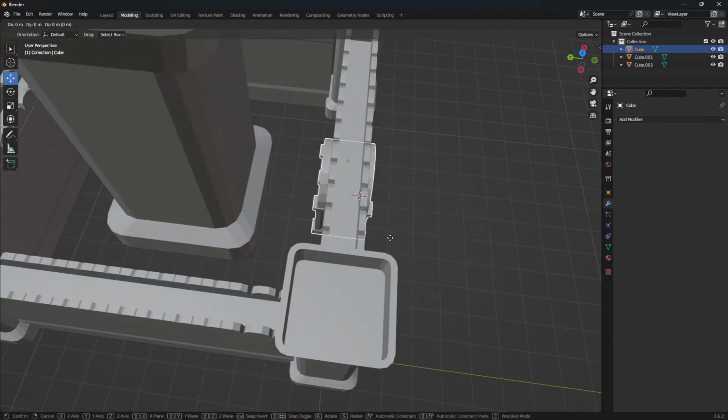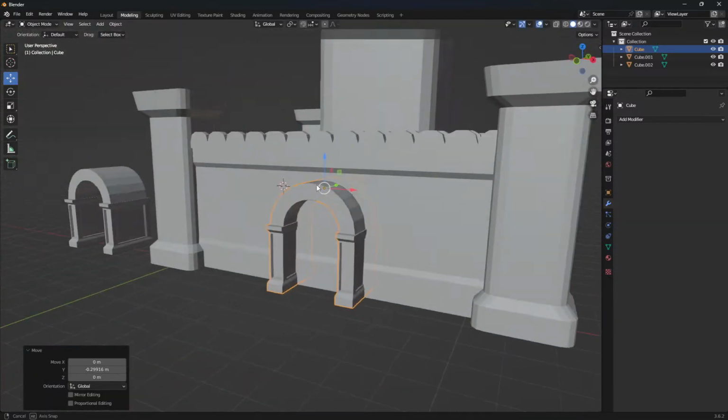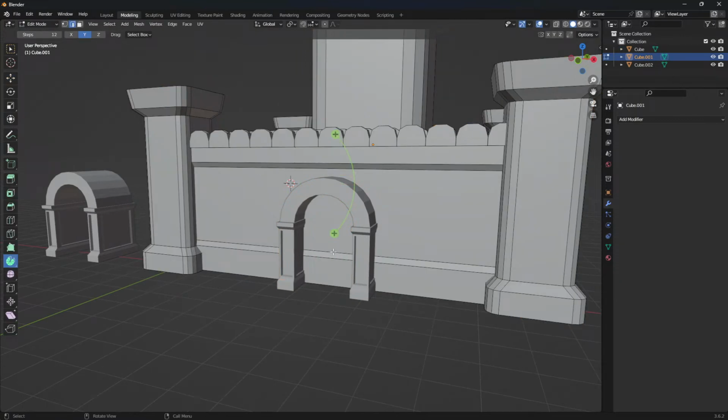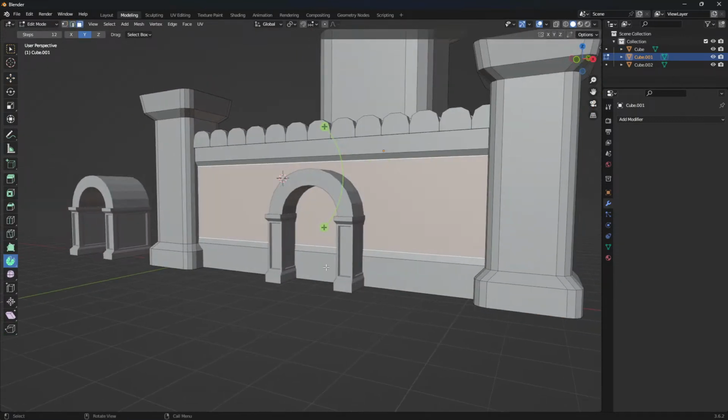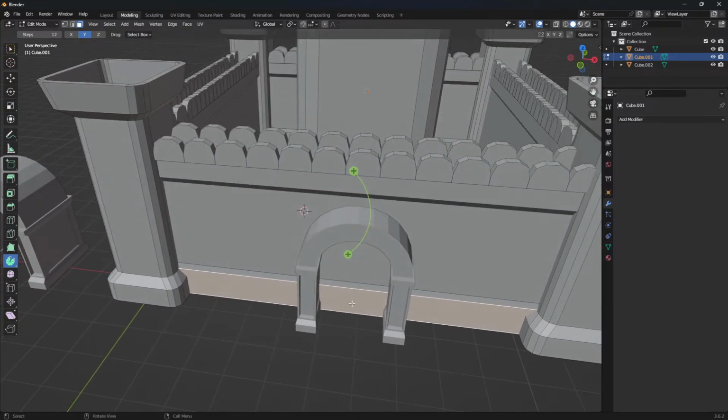Grab, G, y-axis. Bring it like this. So we have this face here that we do not need. So what we can do,